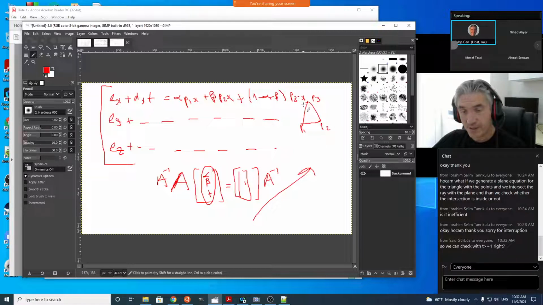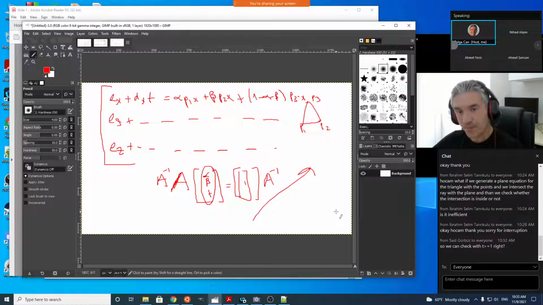We can form the plane equation in which this triangle is on. Actually, we can check if t is greater than 1 to determine that there's an object in front of our image window, and we see that. So checking t is greater than 1 can be done in the compute color function after it gets the intersection point t. This should also be checked, because when t is negative, you shouldn't compute color for objects